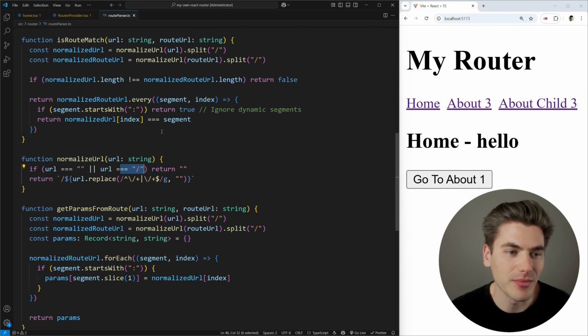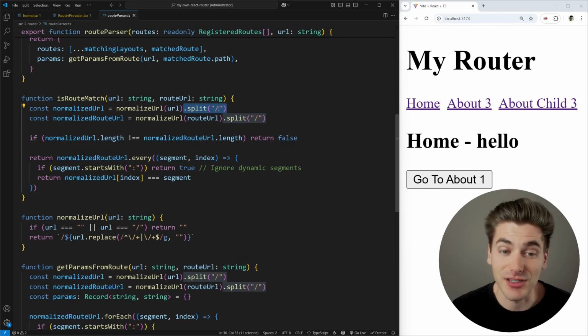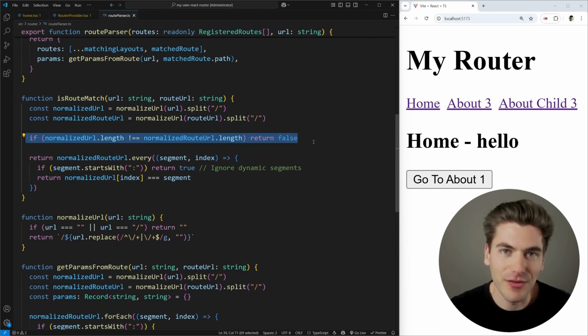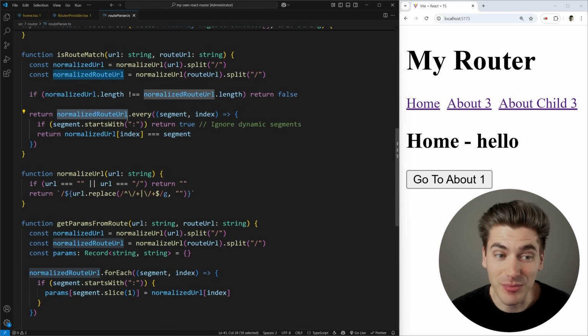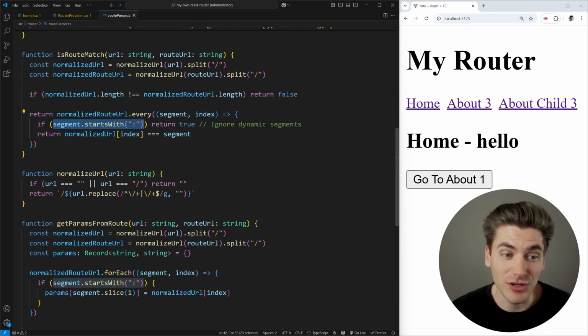I want to make sure it's all the same. And then it's going to split them on this slash symbol. So what it's going to do is split the URL into each individual segment of the URL. If they're not the same length, obviously they're not the same URL, so we return false. Otherwise, I loop through every single segment inside the URL, and if the segment starts with a colon, that means